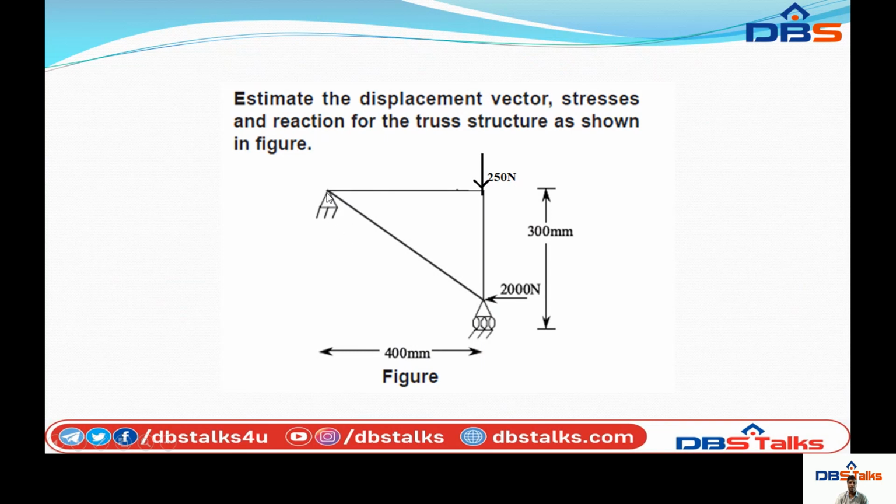Students, please observe the difference between the stepped bar and the truss element. Here it is a fixed support. The element has a fixed support, and every element has two nodes. One travels in the horizontal direction, that is U1, and one in the vertical direction, U2. After that, it travels from element 1 to element 2. In this, the force vector F is 250 newtons.